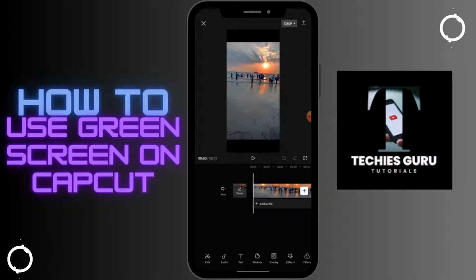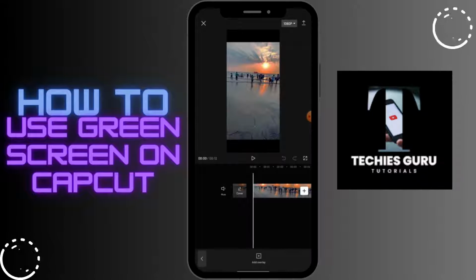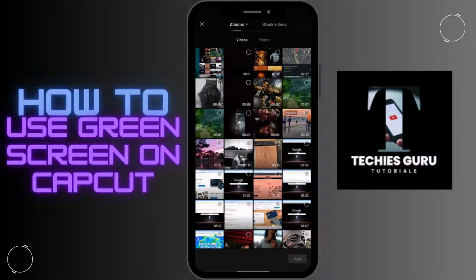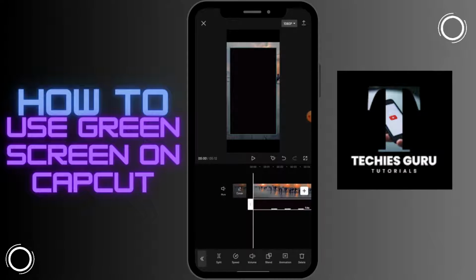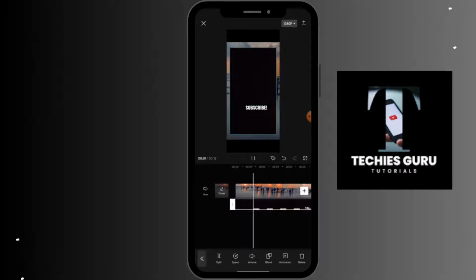And now you have your video. So what you have to do is on the bottom side you will have a bunch of options, and go and search for overlay and then click on overlay, and then you have an option which says add overlay. Click on that and now choose your green screen. So this is my green screen that I would like to apply. So after that, click on add, and now you can see that you have your green screen on the top